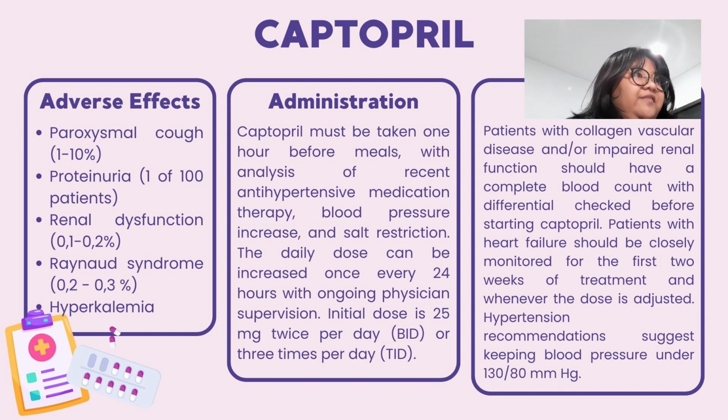The side effects are as listed: paroxysmal cough at 1 to 10%, proteinuria with a prevalence of 1 out of 100 patients, renal dysfunction at 0.1 to 0.2%, Raynaud syndrome at 0.2 to 0.3%, and hyperkalemia. For administration, captopril must be taken 1 hour before meals, with analysis of recent